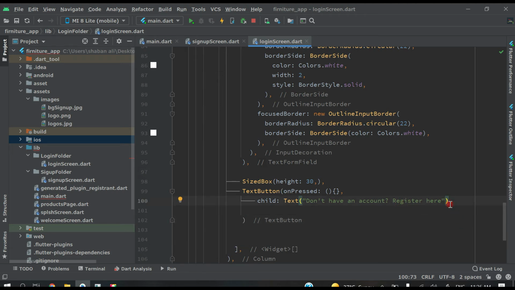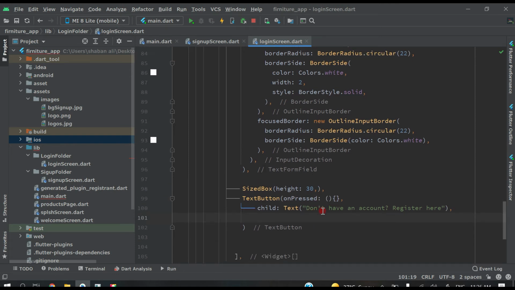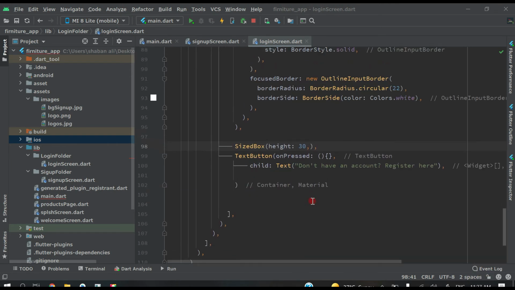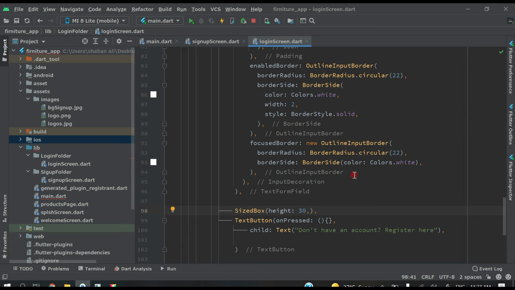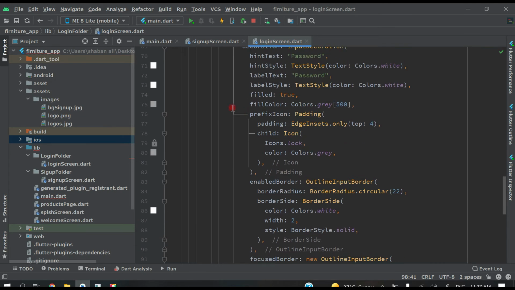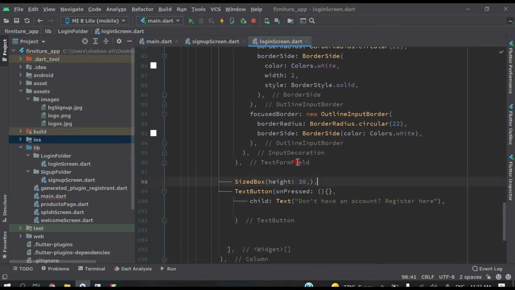And here on press we will add all these things later. And guys, let's do one more thing. Before this text button, we need one more button for login. So if somebody already registered and wants to press login after filling in his password and email, we have to provide one button, right? It's necessary without any doubt. So we have to give one button here first. After this button we will show this.